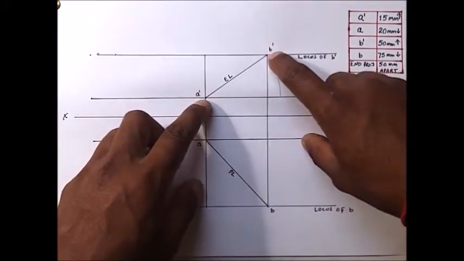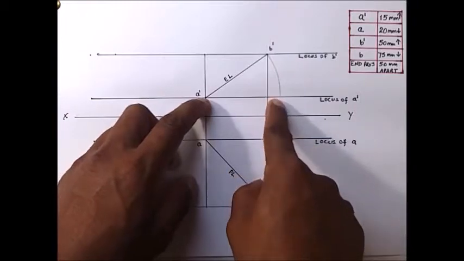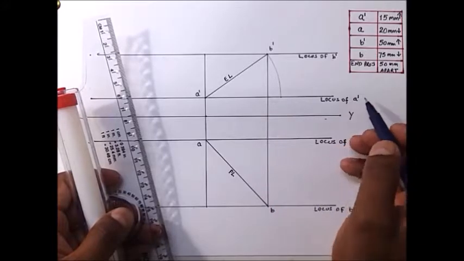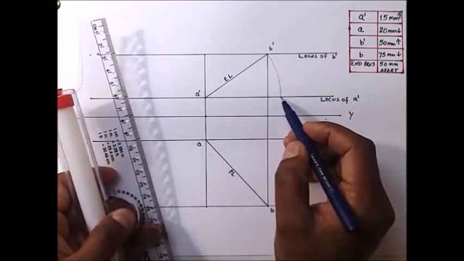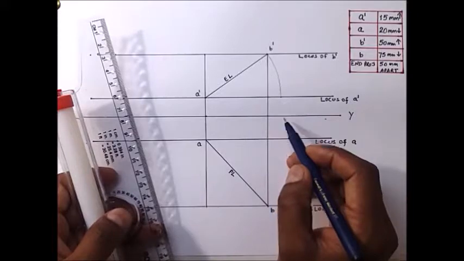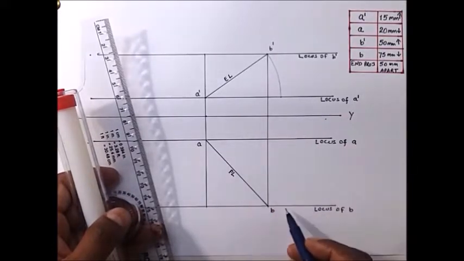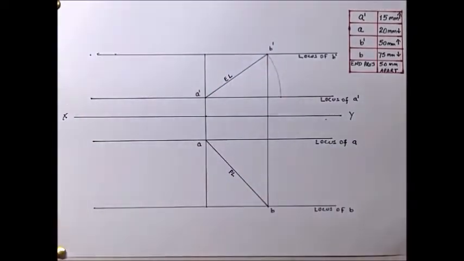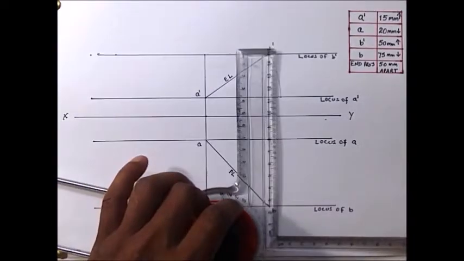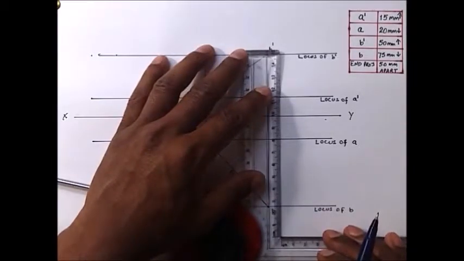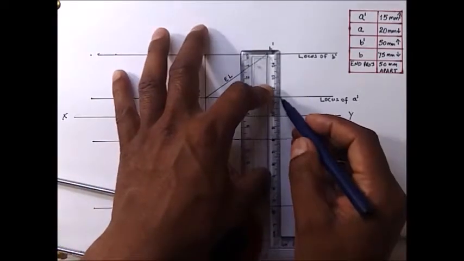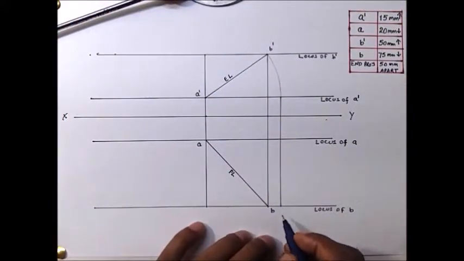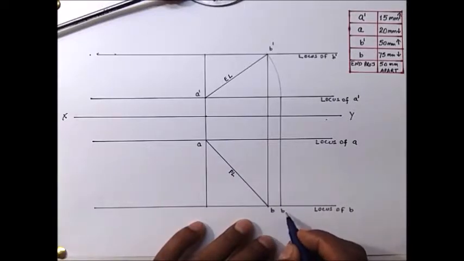I have rotated point B dash till the locus of A dash, and from the point where the rotation cuts the locus of A dash, I will drop a perpendicular on the locus of B in HP. Draw a perpendicular line using the drafter, and where this line cuts the locus of B, this will be point B1,